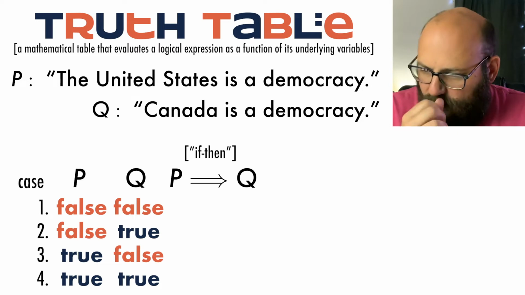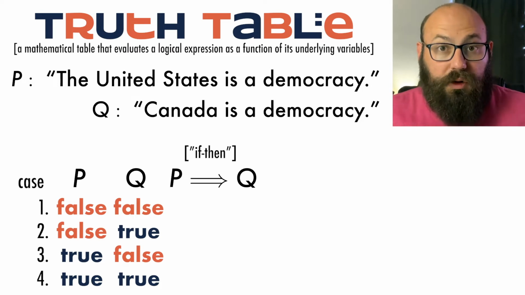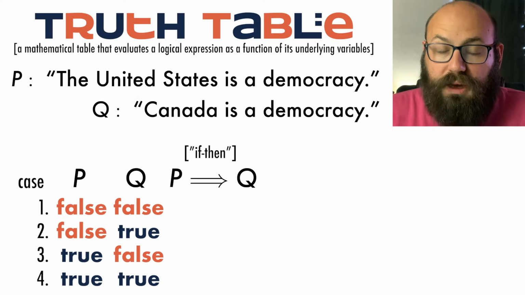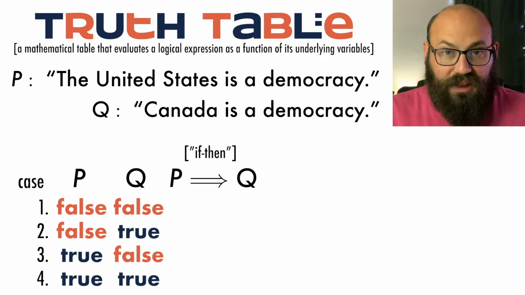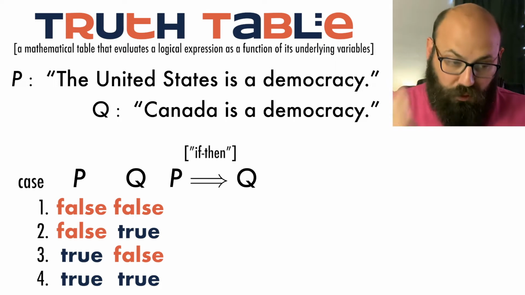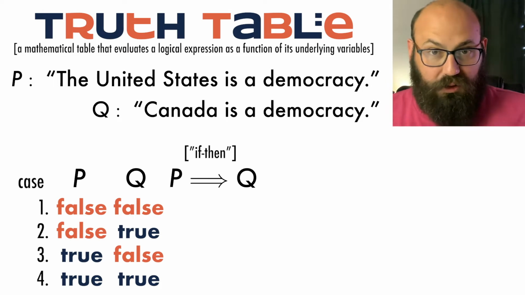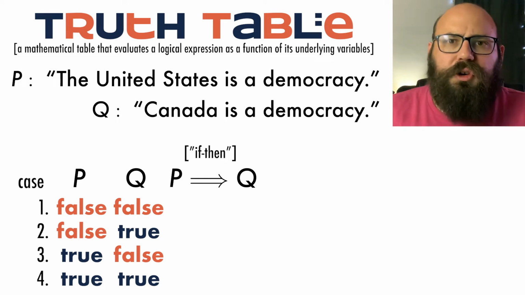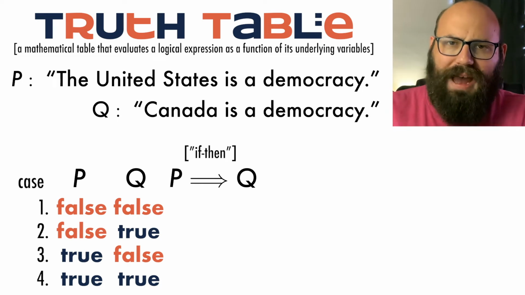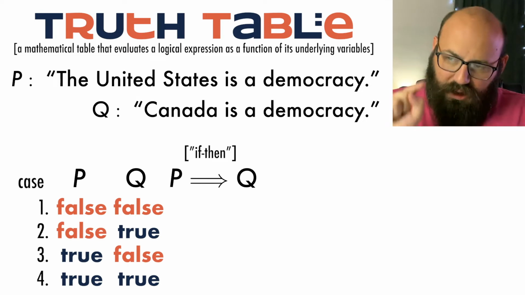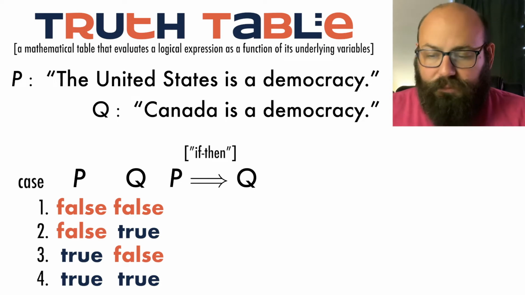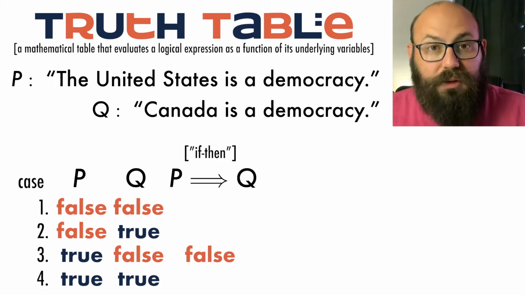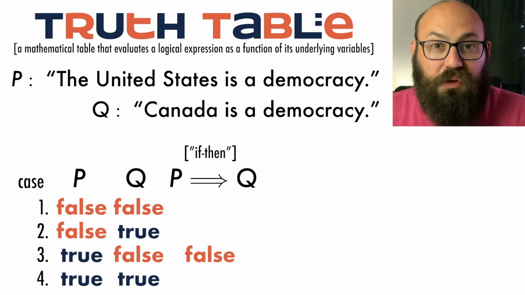All right, so think about if I said to you the following: if you study hard in this class, then you will get a good grade. All right, that's a statement. That's either true or false. If you work hard in this class, then you will get a good grade. When would you give me an F? When would you be mad at me? When would you say, nope, you were wrong? Well, you would be mad at me in case 3. You'd be mad at me if you worked hard, if P were true, but you didn't get a good grade in the class, if Q were true.